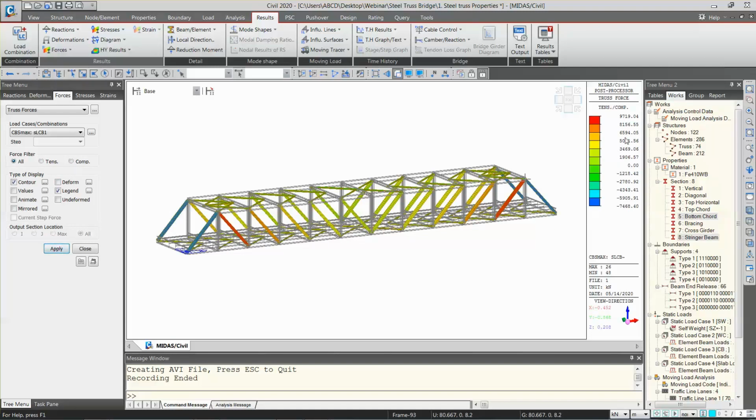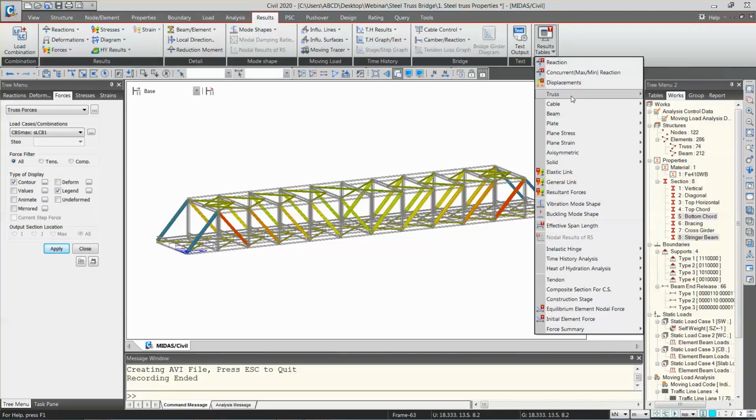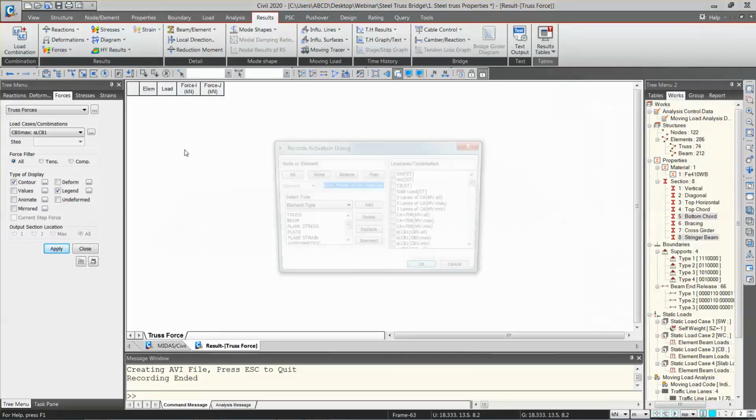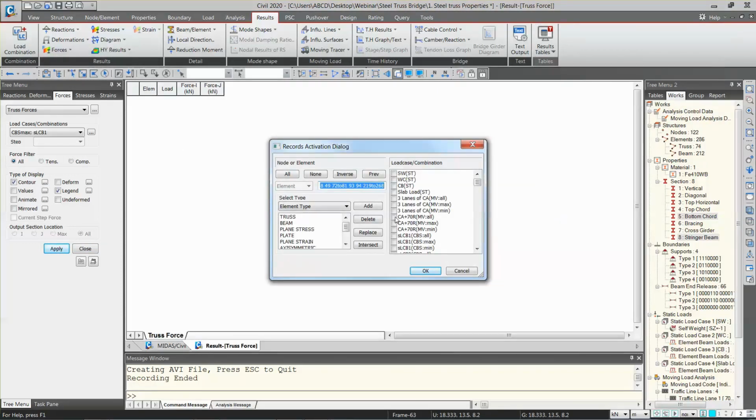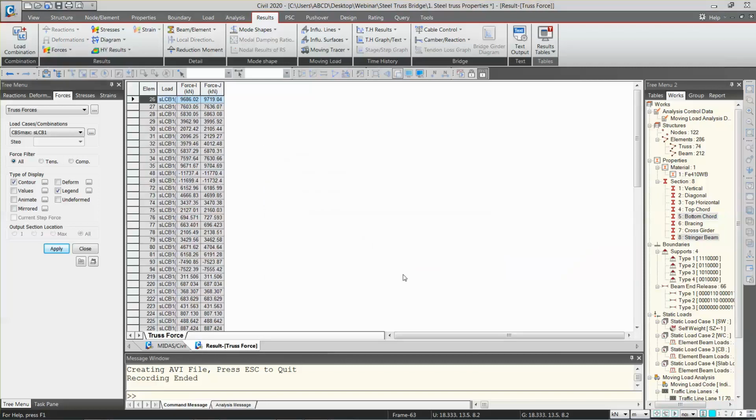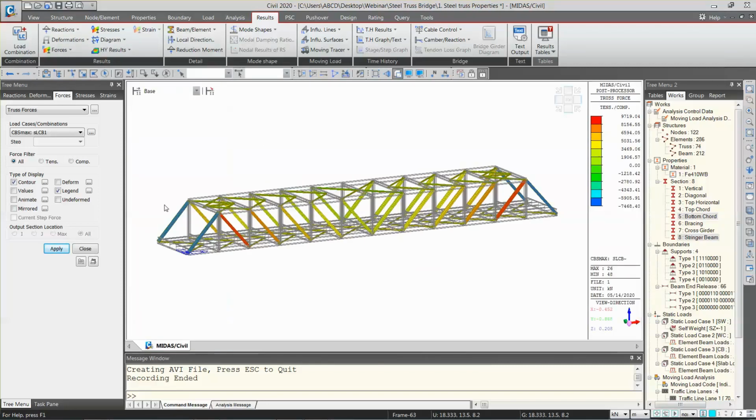So you can see the tension and compression, both forces, will be visible. If you go for only compression, then only compressive forces will be displayed over here. So this is how the truss forces can be displayed, and for the same results you can go to forces and generate the sheet for yourself. You can export to Excel or just copy paste it.